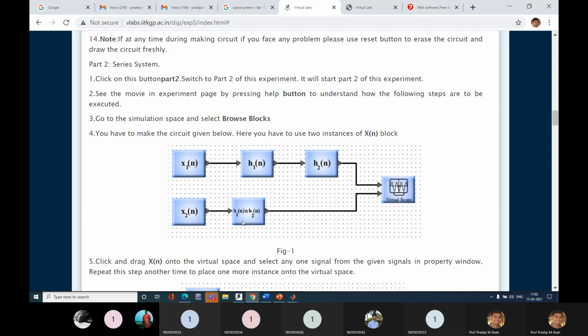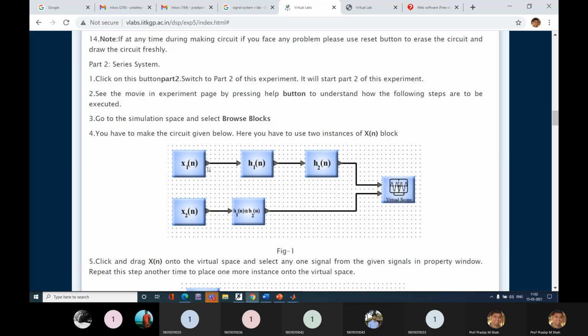To perform that second part, you can take the figure as drawn in figure 1. My input x1n is given to one system whose impulse response is h1n.